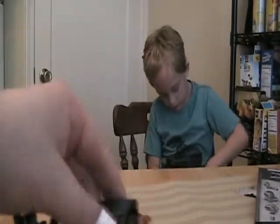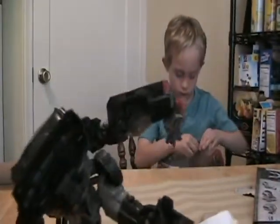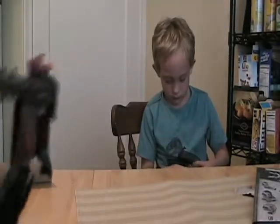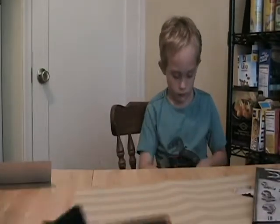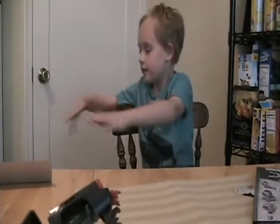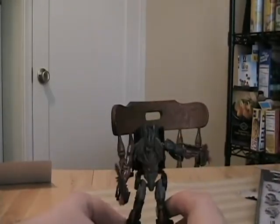And these also, by the way, just looking at this figure, there are tuck points. Let's see, where are they? There's tuck points. I believe they're right here. So there's tuck points for these on the underneath of the car. Let's make some noise with the packaging. All right, Leo's making noise with the packaging, guys. Oh wait, no, sorry. Here they are, right here. This is where they'll tuck in underneath the vehicle. So to give you an idea, because he can bring his maces and stuff with him, and you can see he's